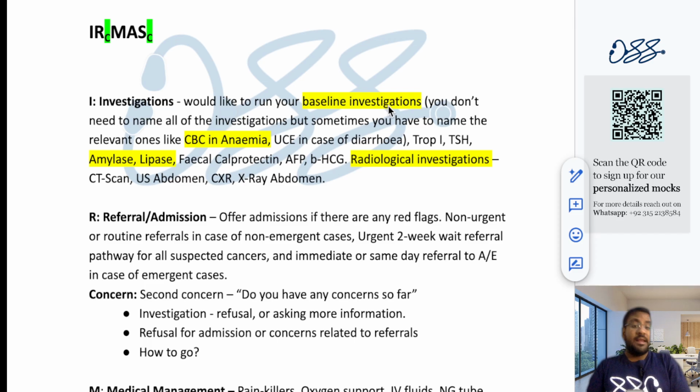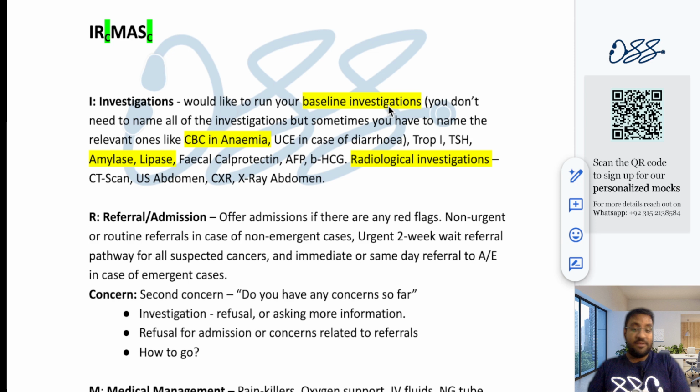All right, I'll give you one more very important thing, since we are discussing investigations right now. It really depends on where you are currently situated. Let's suppose you are in the A&E. You can order these investigations and they would be carried out then and there, because the A&E is in a tertiary care hospital setup, and the investigation infrastructure is available over there. But let's suppose you are in the GP surgery. If you order these investigations, for example the blood tests and the radiological investigations, they may not be able to be offered at the GP surgery.